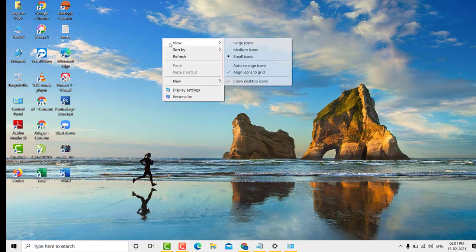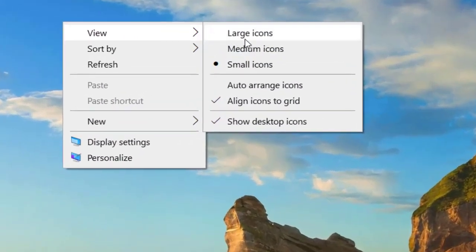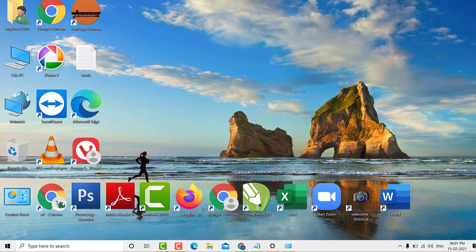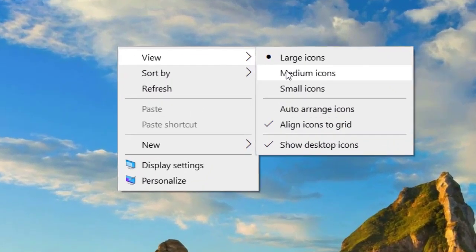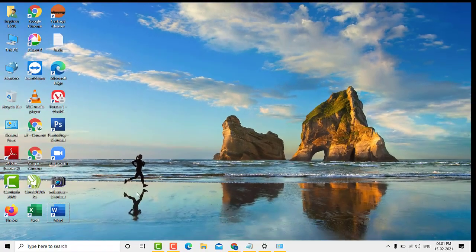And guys, if you want large icons, first click on view, then click on large icon. That is. And guys, if you want medium icons, first right click, then click on view and click on medium icons. That is. So guys, this is a very simple and easy method if you want to make icons bigger or smaller on Windows 10 PC or